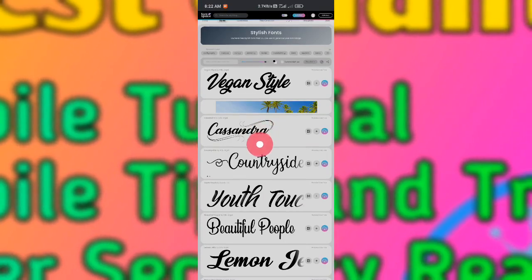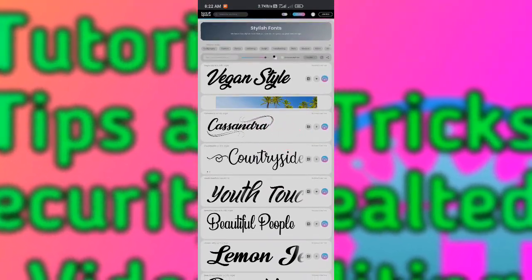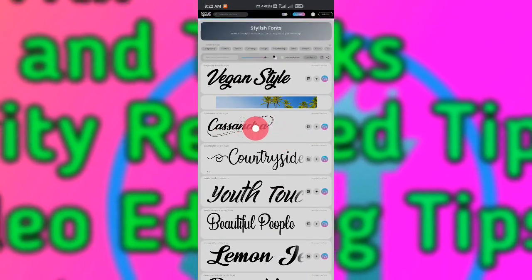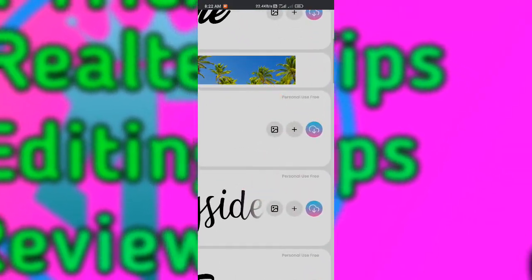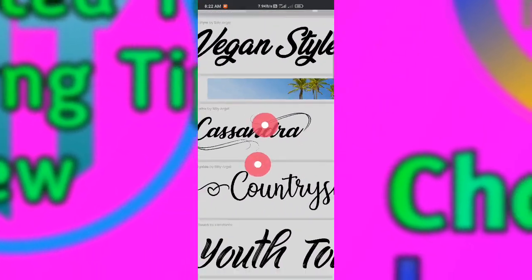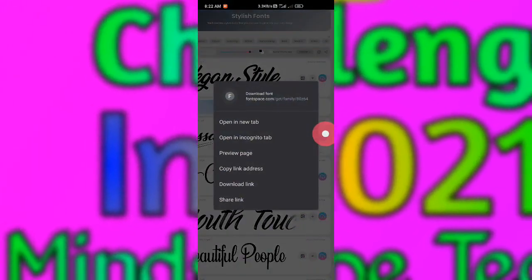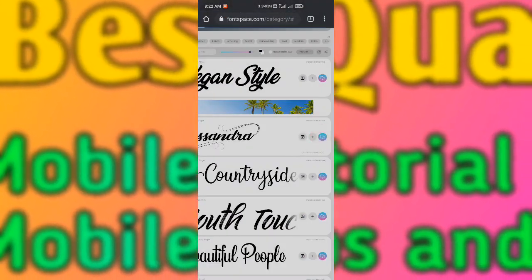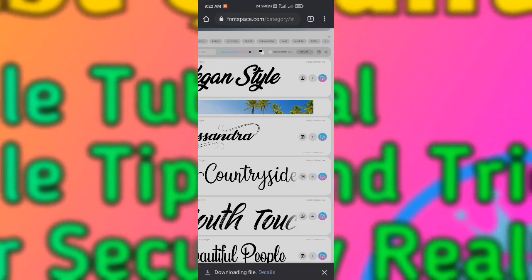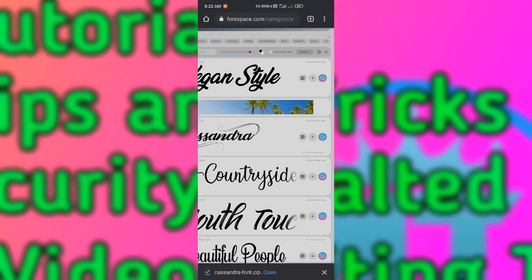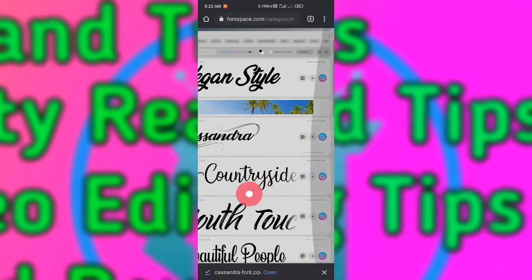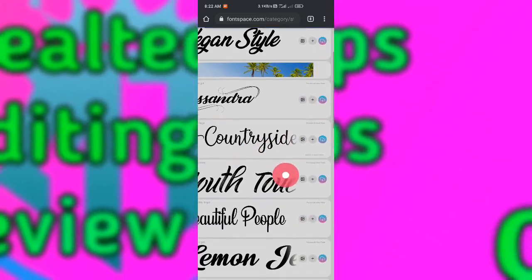Simply click here the download option. I can show you by this arrow, so follow my arrow. Simply zoom in on the left side, and you can see the download option. Simply click the download option. So I am clicking that, and you can see the download has been successfully completed. After that you can download some fonts for your videos and tutorials.